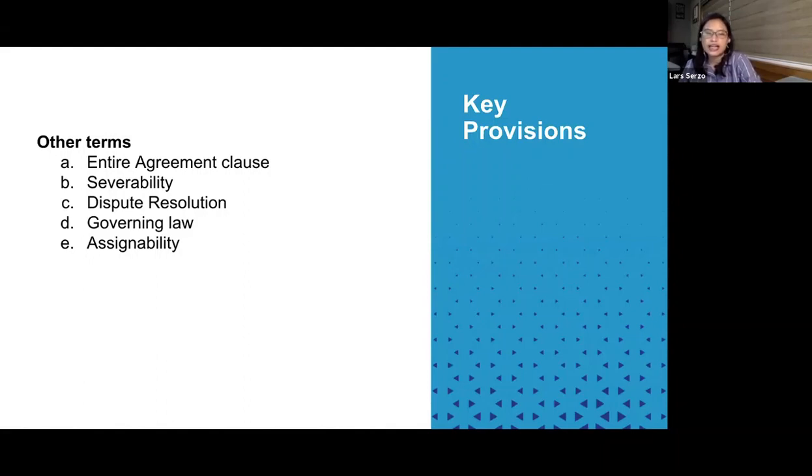Like, for example, the entire agreement clause. This clause essentially says that the written contract contains the parties' entire agreement about the subject, which is the software services, and supersedes all oral or written agreements made between the parties.